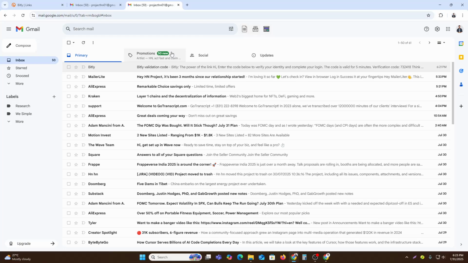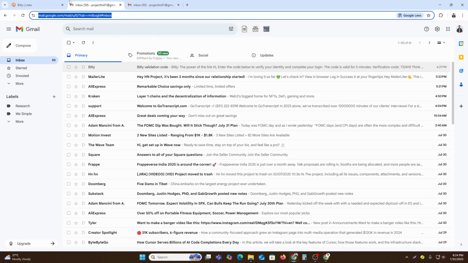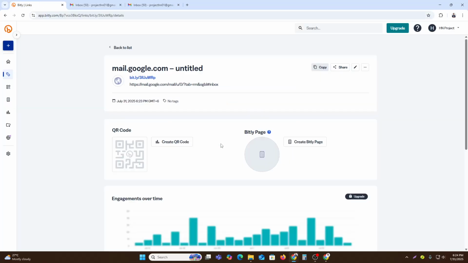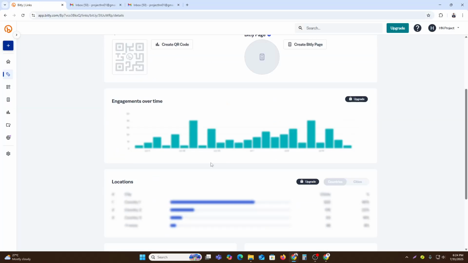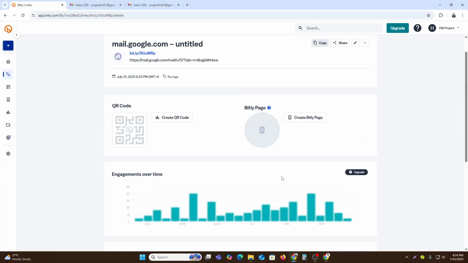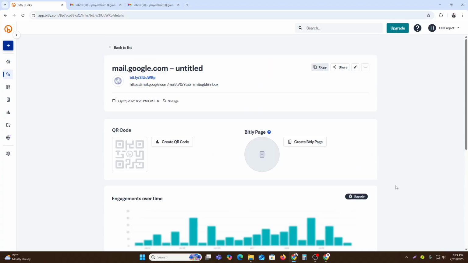Now we are going to talk about how to track link analytics. Every Bitly link comes with built-in analytics. To view stats, click on the link in your dashboard. Like here, you can see we have this view link details. You just need to click over here, and here you can see the whole interface. So now